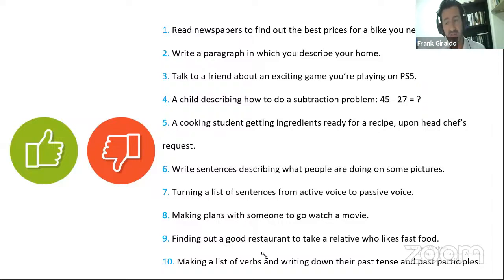Is this something that happens in real life? Yes, in real life, we subtract. Do you need language for that when you're describing? For example, I was talking to my daughter and she was describing that for me. So it is something that happens in the real life of a child. It's an academic task. Number five, so you want to be a chef and then you have a boss who's